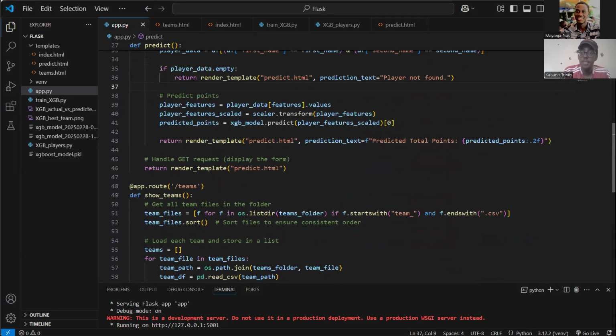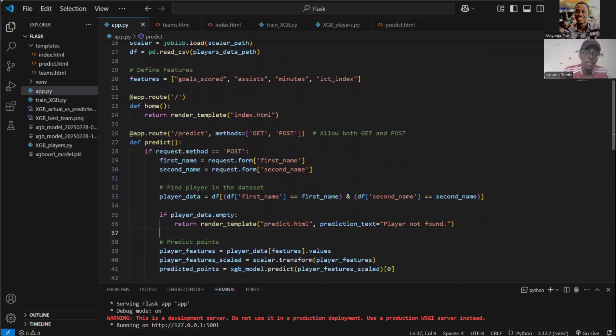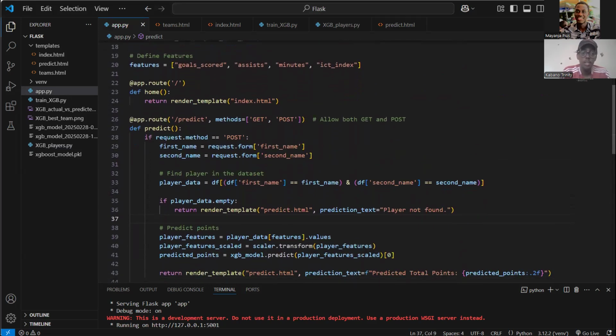But then the other aspect is for predicting players, which is also in our deployed model. So what happens is, if you enter, there will be a form. So you enter the player's first name and then their second name. So it will go through the first names and second names in the database, and then it will find players